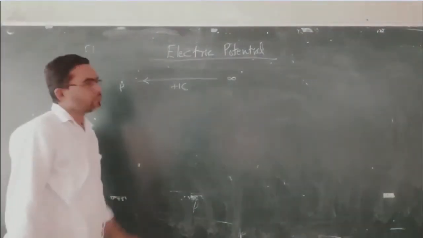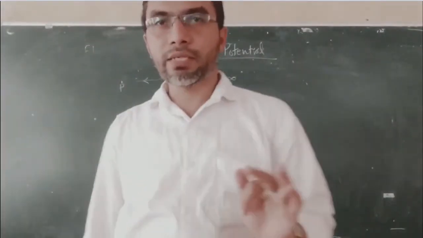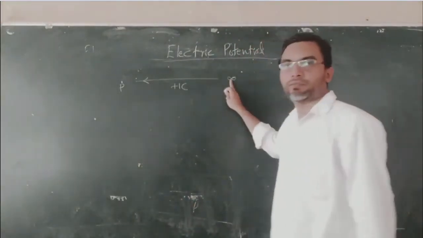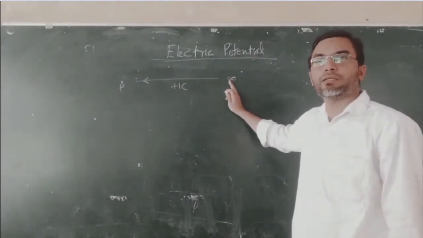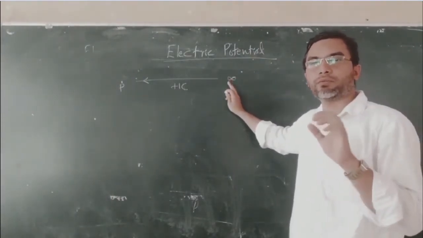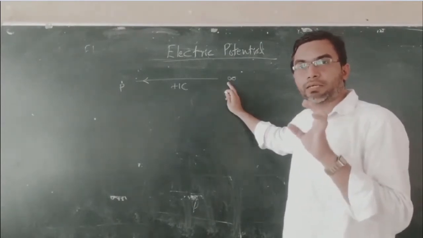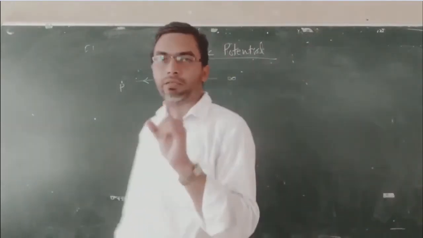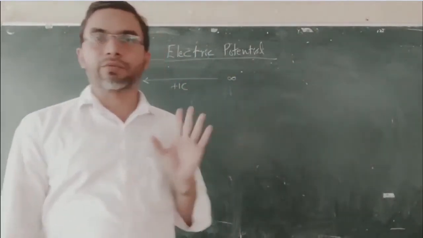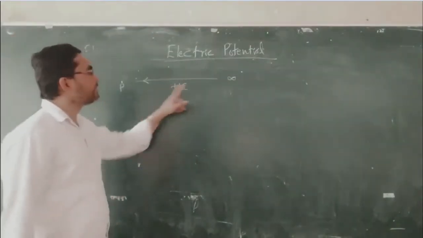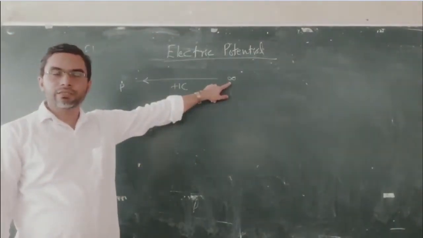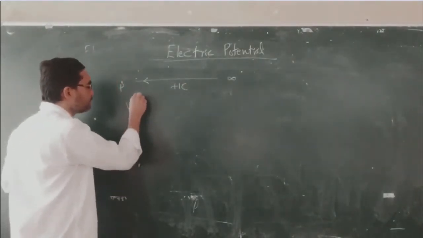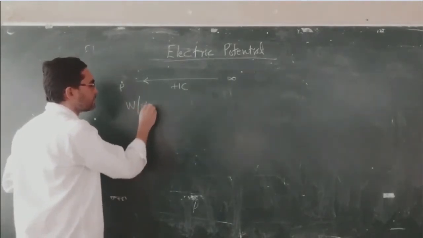So here we are defining the electric potential with respect to a reference point. Here the reference is infinity. So electric potential can be defined only with respect to a reference point. You have to fix a reference point. You cannot say electric potential at a point in absolute terms. You can say electric potential only with respect to some reference point. So normally we will take the reference point as infinity in the electrostatic case. So the electrostatic potential is the amount of work done to bring a unit positive charge.